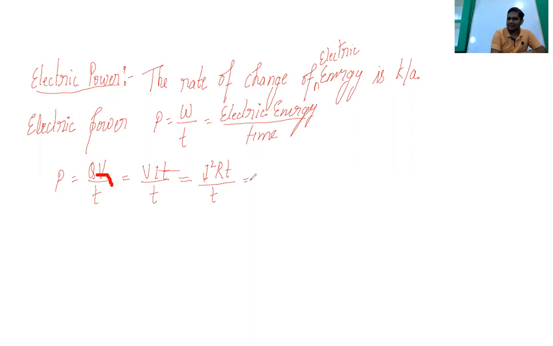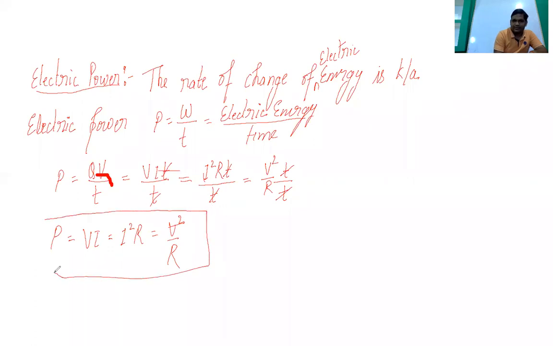I square RT, and the fourth was V square by R into T divided by T. So in all cases, you can see the T can be cancelled out. Now the first formula QV by T will become VI, the second formula you can write as I square into R, and in the third you can write V square by R. So these are the formulas of power, and the unit of power